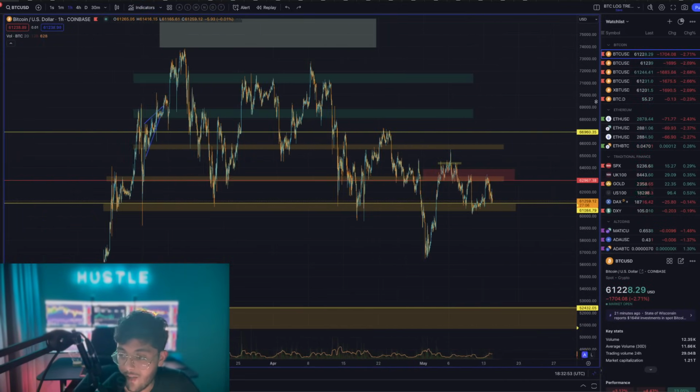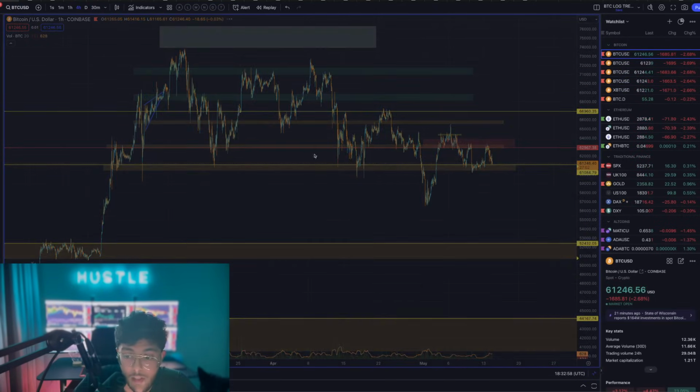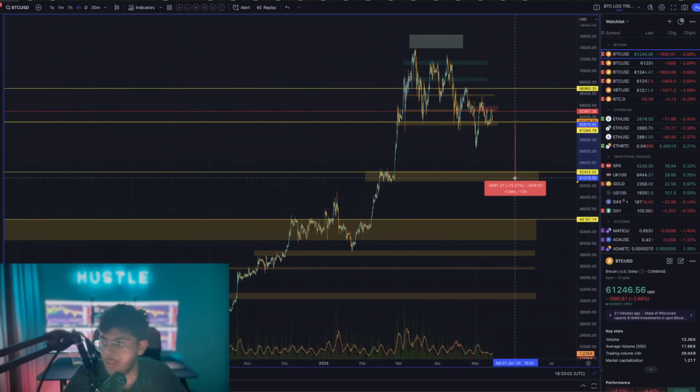And yeah, same thing on the downside. If we take a look at the downside here, for where support would be, I think that we are looking at about...